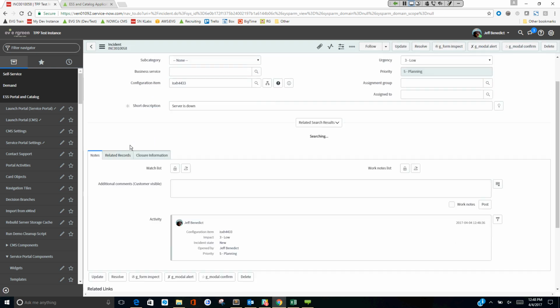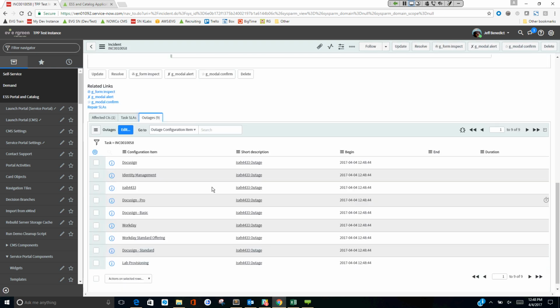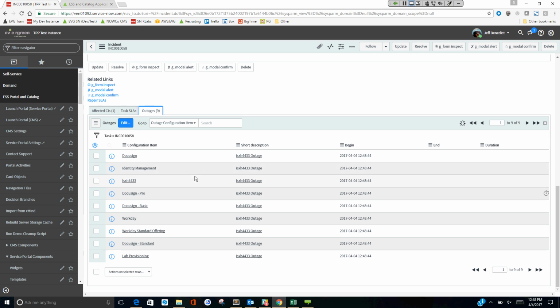What's going to happen is, if I scroll down to the bottom, you'll see that even though I created one outage record for this one server, it actually created another 8 outage records for all the impacted services and service offerings associated with that particular related component. And you'll find that these are synchronized. So if I update one of these, it doesn't matter which one, say the outage didn't start just now but started at 9 a.m. this morning,